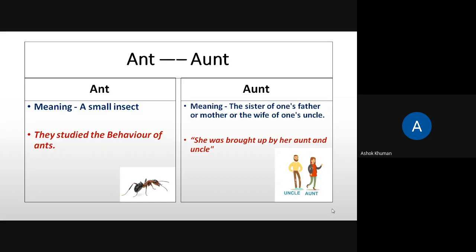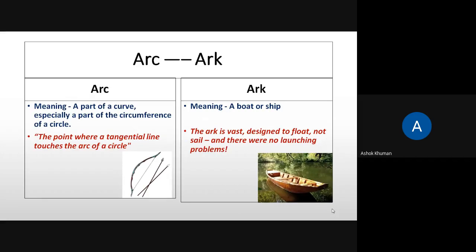Okay, moving ahead then. Very good word. You can see arc and ark. Similar sounds, different in spelling. Up to now, one point is very common: all of them we have discussed are homophones. They all were similar in sound, but in the case of only alter and altar, sometimes they are pronounced differently, but many times they are also pronounced in a similar way. So you have this arc and ark, different spelling. You have C and K difference.